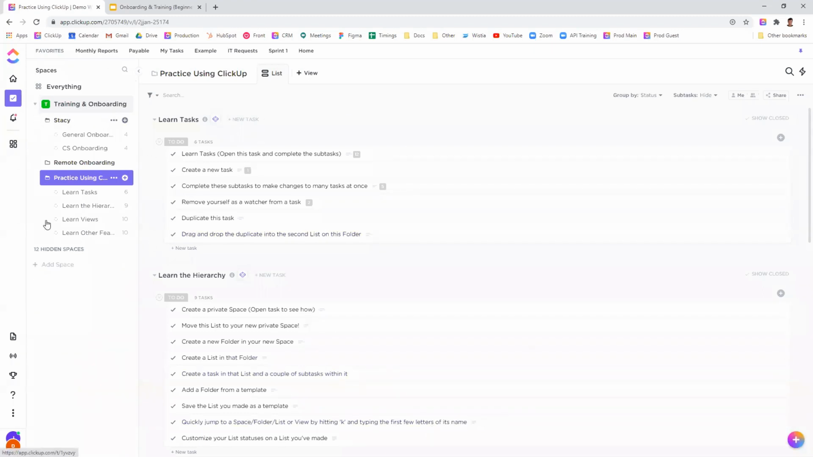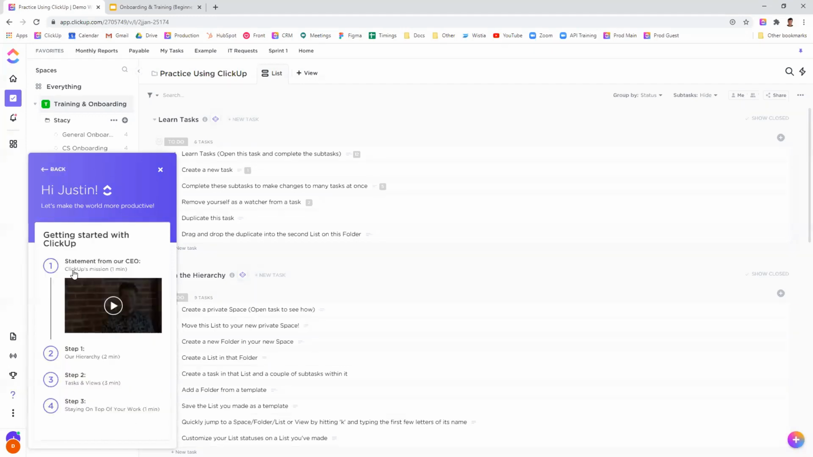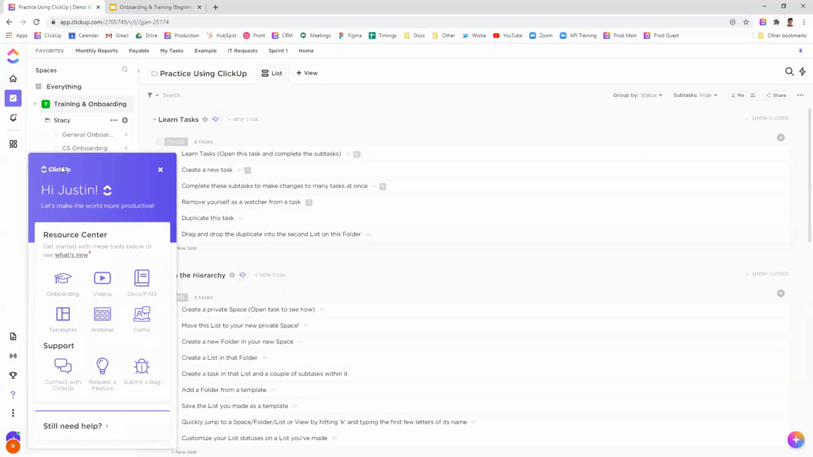Cool, so that could be really helpful. Next up, we have a few onboarding resources under the help icon here. If you click on help, this is our help center, and we have some onboarding videos. I would definitely recommend getting new staff members to watch these. They're kind of like 1 to 3 minutes each, and they'll give a really good basic idea of the structure